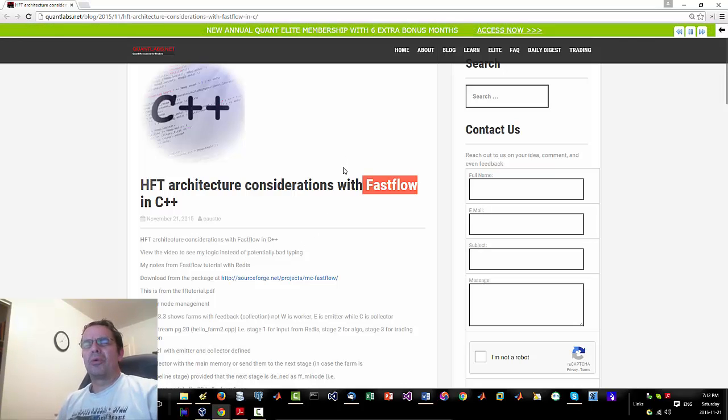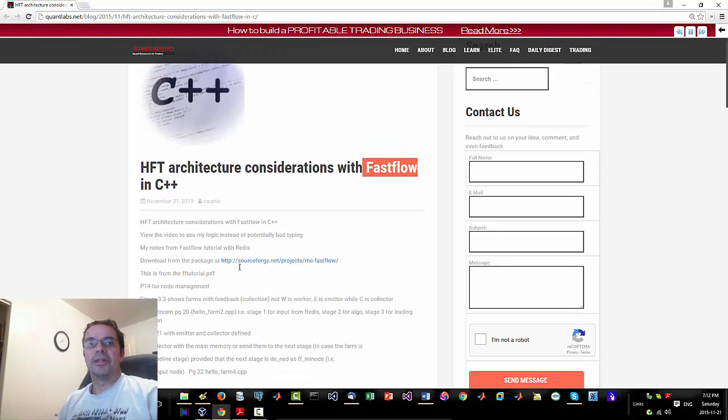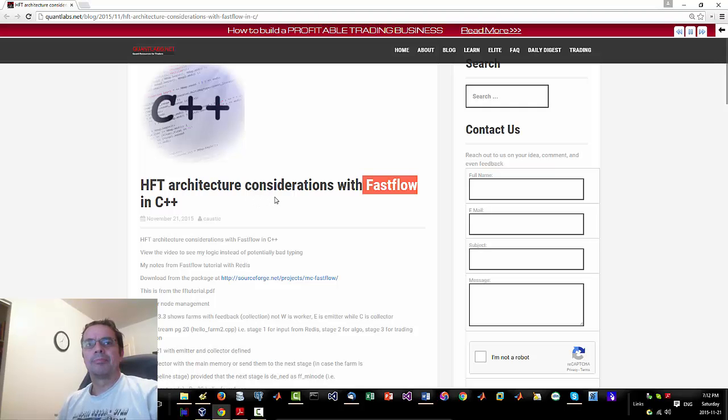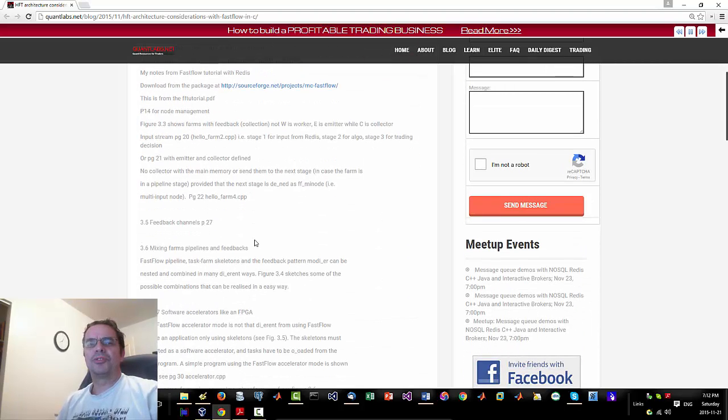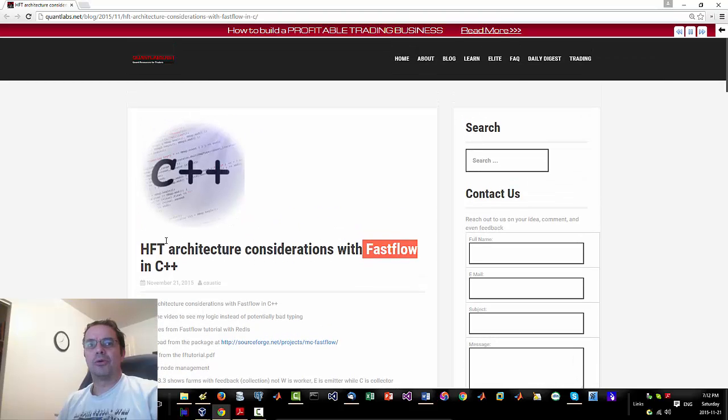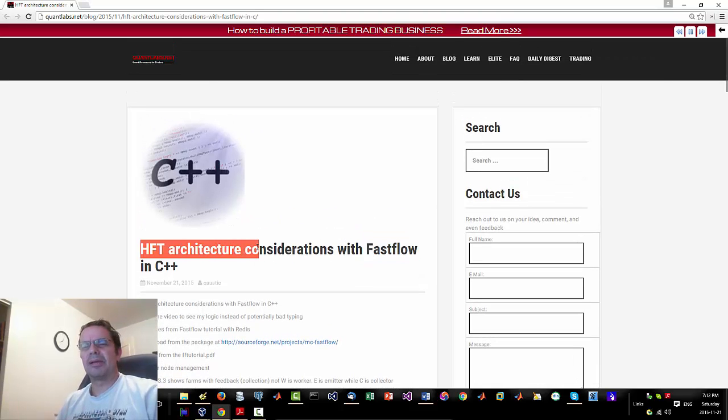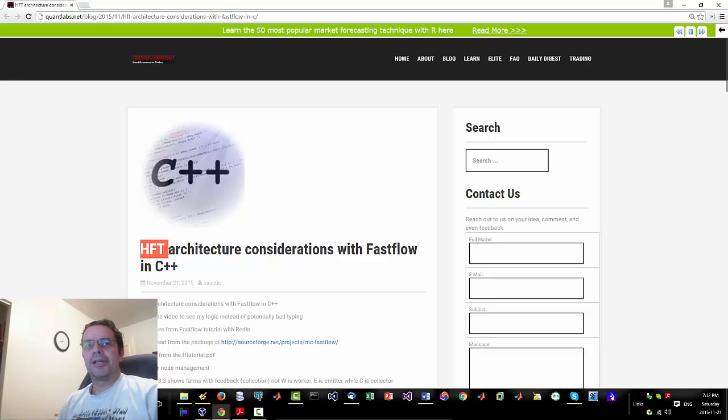So we're now working off of a recent release of Fastflow 2.1 whatever. So there's some enhancements to this, and this posting is just some of the considerations I want to go over to share with people that may be of interest. First, when I say high frequency trading, I would probably guess that's a pretty close